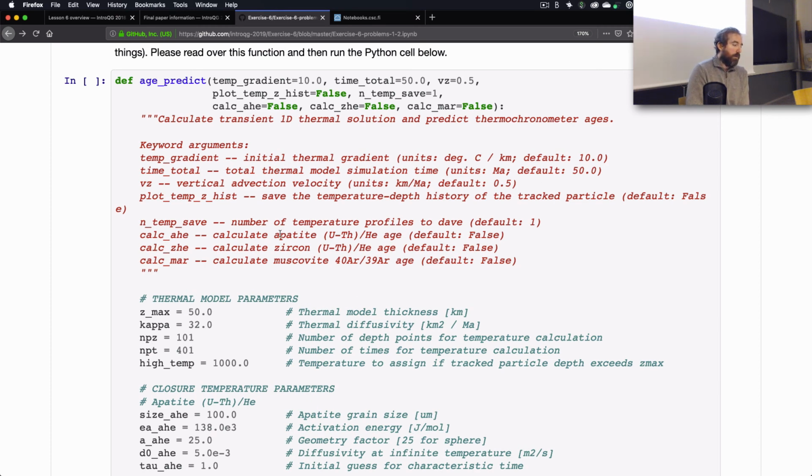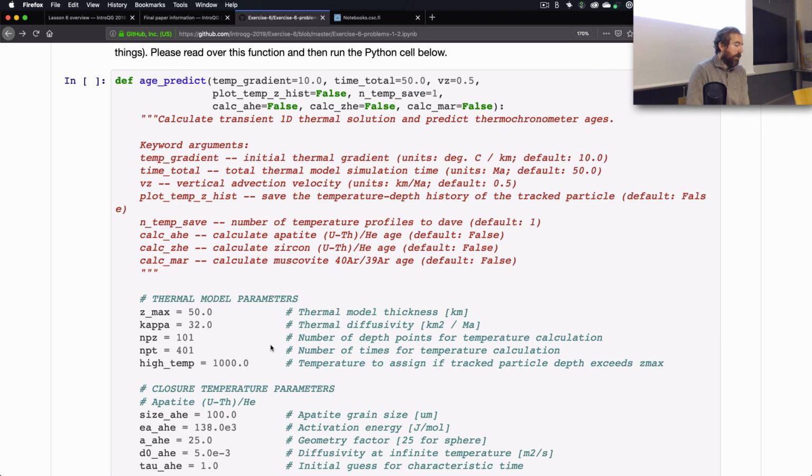But a good starting point is to actually try to read through and see if you can follow what the function is doing in different parts. This could be split off into a whole bunch of other functions, but that means you're going to run like 10 Python code cells instead of running one. So I just kept it all in one place. It's a little bit clumsy because it means it's really long, but